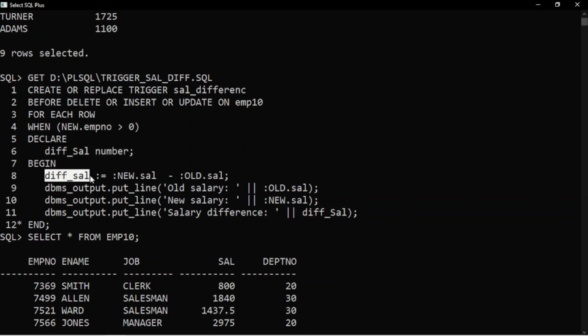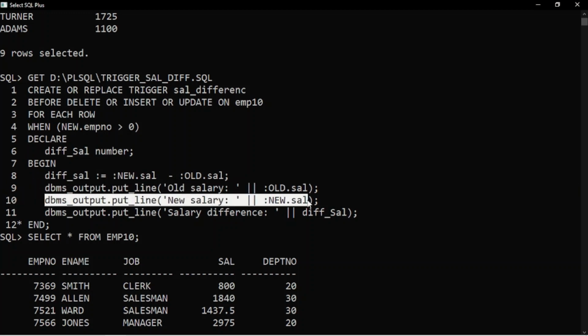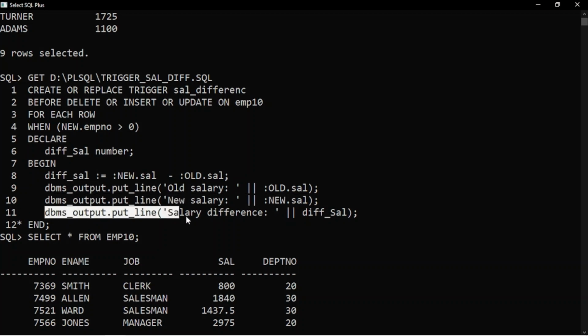And inside begin, this is the new salary coming in, this is the old salary. The new minus old will be the difference of the salary. This command is going to show you the old salary. This command is going to show you the new salary, and this line of statement is going to show you the difference of the salary.